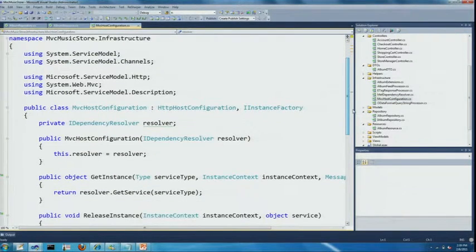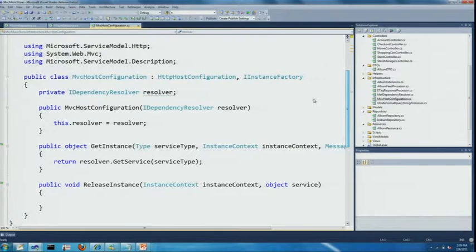And that configuration class, if it implements an interface called IInstanceFactory, then we will do all the wire up of taking whatever you put in that method, and making it wire up in the right places in WCF so that it will essentially be your factory, so that when services get created, they go to your code. And it doesn't force you to have to understand the entire WCF configuration model like you do today to be able to plug this thing in.